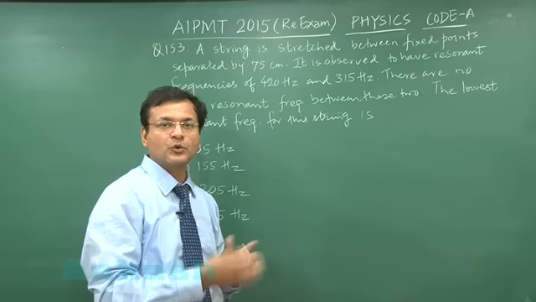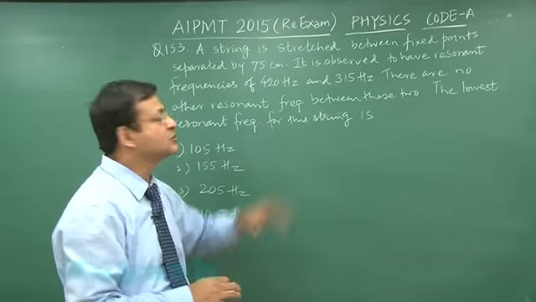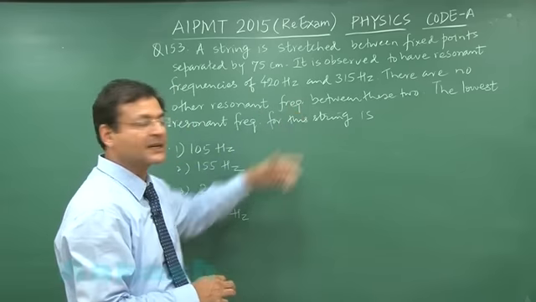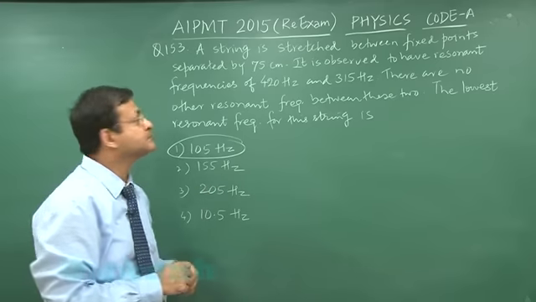Now you keep subtracting this 105 Hertz from this lower value till you are getting some positive value and the minimum one. If you subtract 105, 105, 105, you are ultimately landing up the minimum value 105. I am not talking about 0, it should be some positive value. The minimum value that will be coming out, that will be 105 Hertz. Had it been a question of say organ pipes, whether closed or open, you can apply the similar kind of thing. You simply take the difference of both of them and keep subtracting the minimum value, positive value that you will be getting, that is 105 Hertz. So that will be the fundamental frequency of this particular exercise.